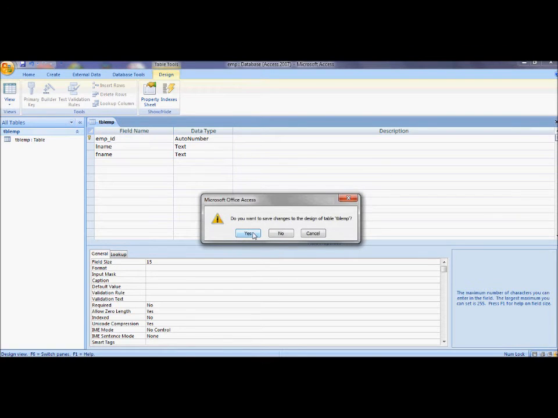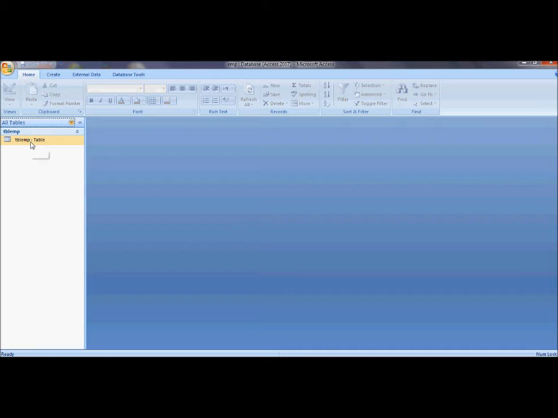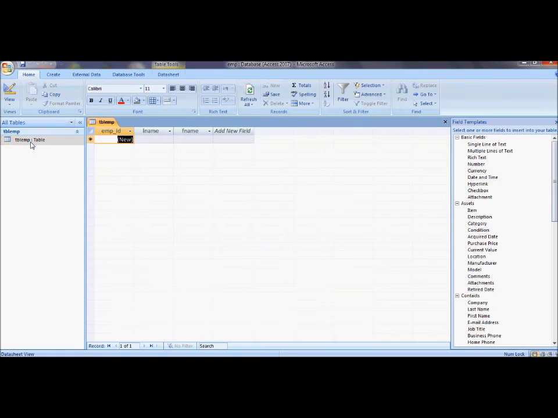Do I want to save the change? I'm going to say yes. So on the left-hand side, we can go ahead and open up that table. So now we have our last name, Fish, Bob, Simmons, Roy, Rita. Okay, and we can also add a new field on the fly, and we can see on the left-hand column here